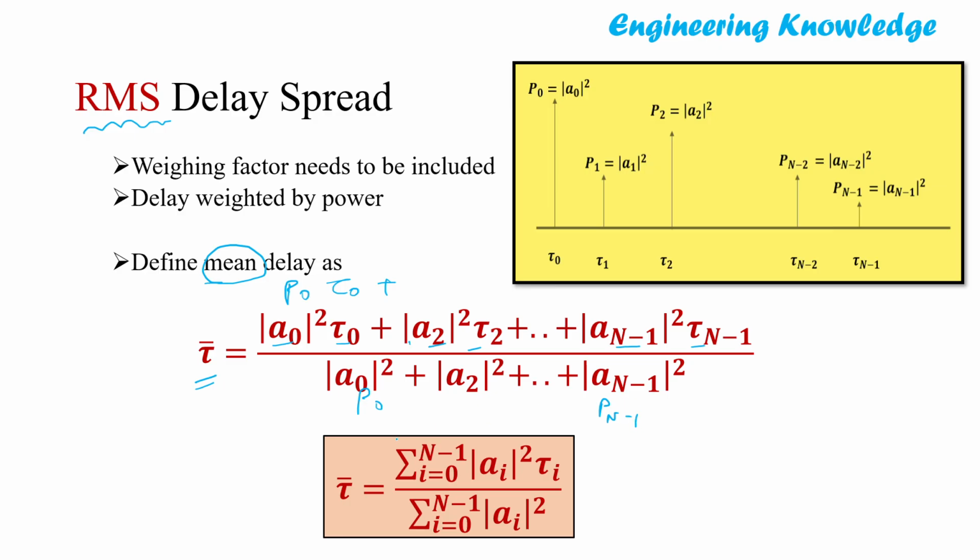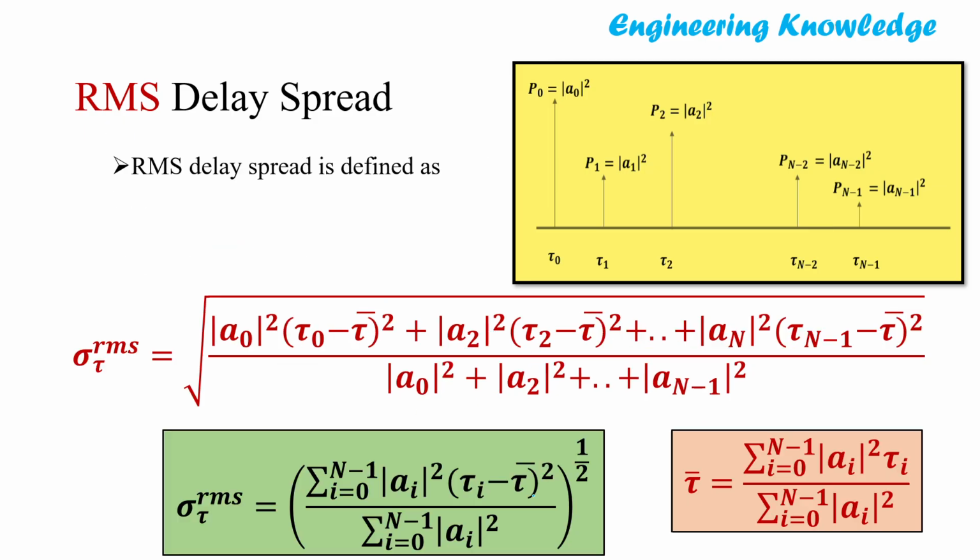So we can write this in terms of a closed form expression as the summation from i equal to 0 to n minus 1 of |ai|^2 τi, the weighting factor of power with delay, divided by the summation of all the powers, that is, i equal to 0 to n minus 1 of |ai|^2. Once we have defined tau bar, the RMS delay spread is then defined for the given profile as